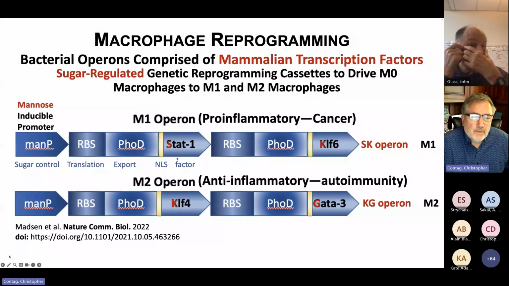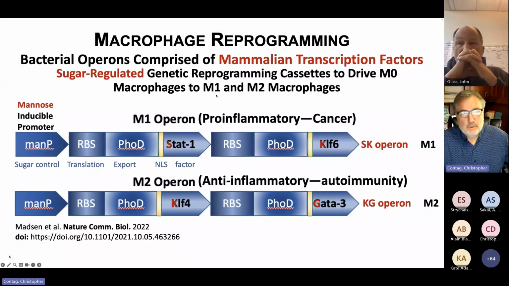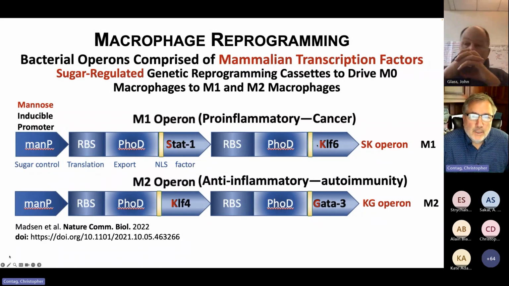We started with transcription factors that would affect macrophage biology. So macrophages are typically M0, and they can be polarized to M1, which would be pro-inflammatory, or an M2, which would be anti-inflammatory. These transcription factors are thought to play a role in that, and we would drive these with the mannose-inducible promoter. We call this our SK operon for STAT and KLF6, and that drives this M1 phenotype